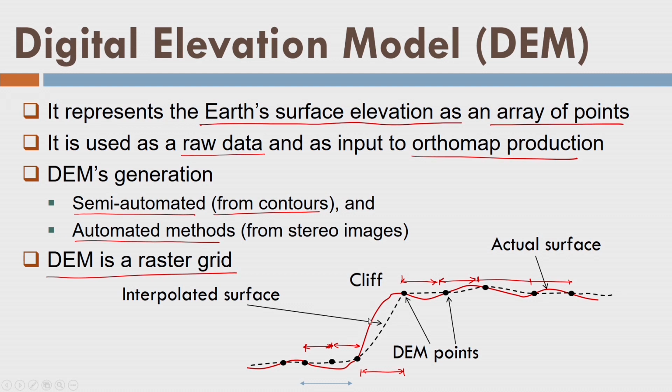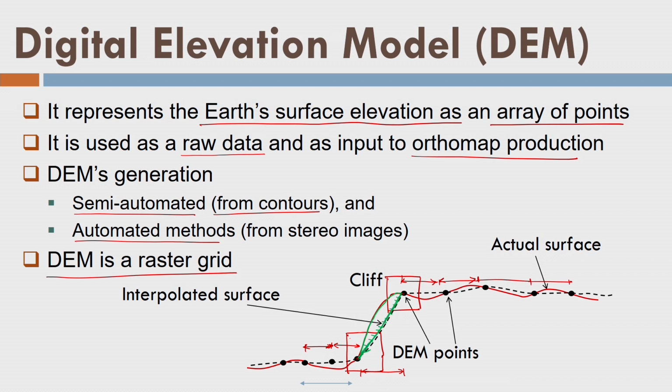Now, you can see here, this is the actual terrain, which is shown by the red line. The DEM points are these black dots. This is a pixel of the DEM, and here this is another pixel of the DEM. Just assume that they are uniformly distributed. This is the point here and this is the point here. From here to here, this is the real terrain which I am following. However, I have to interpolate it like this. This is the interpolated length. I am assuming a straight line between the two, not a curved line, but the real terrain is curved.